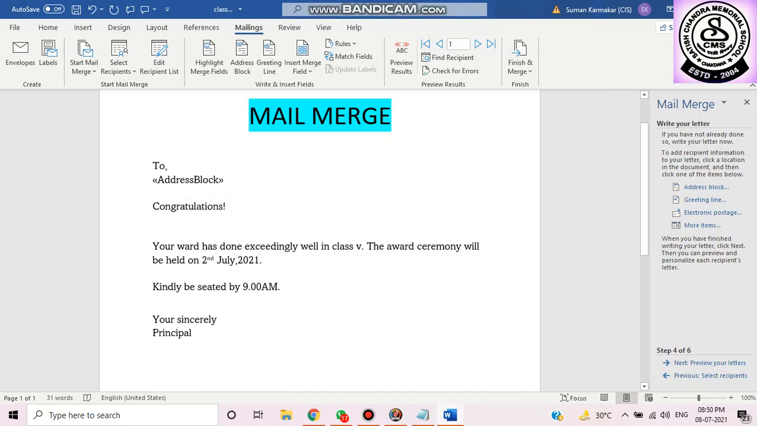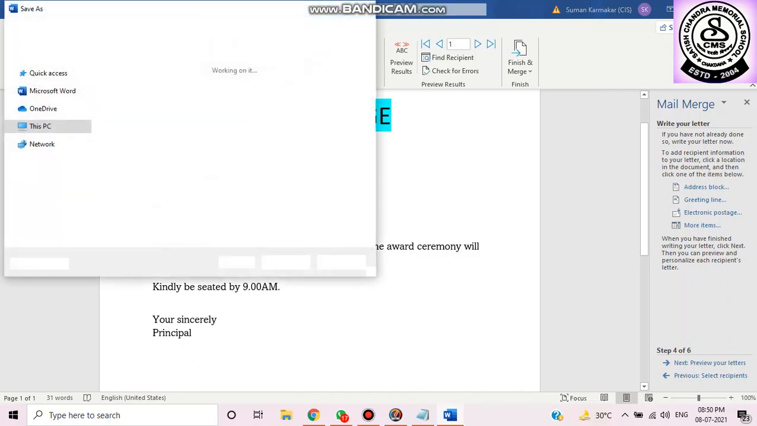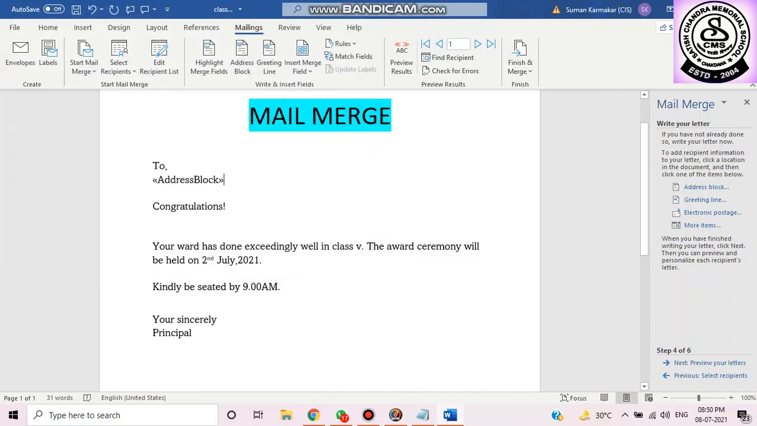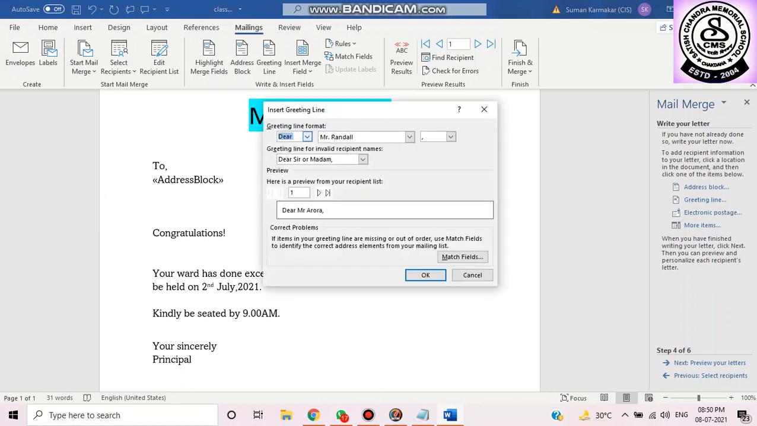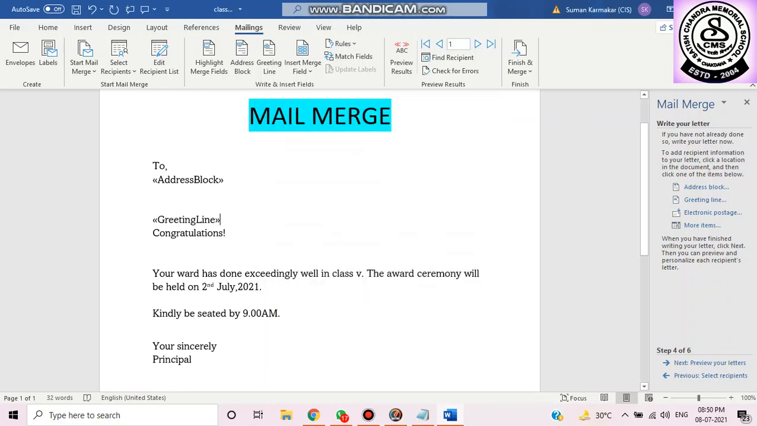After that I am clicking on enter again. Then I'm going to select the greeting line. I'll click on enter again, and I want to select the greeting line over here. You can see the greeting line will show Dear Mr. Arora, or the name of the parent, like this. So the letter will be to the name of the parent, then the address, then again, Dear